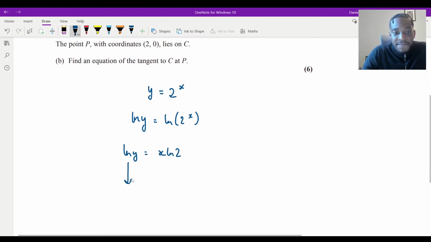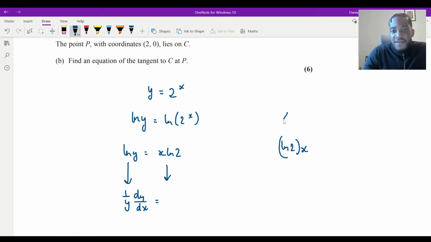So first, if I differentiate that implicitly, I need to differentiate that normally. That's going to be 1 over y, times dy over dx. Remember, you times by dy over dx. And then we're going to get x ln 2 here. No, sorry, we're not, because we need to differentiate that. If I differentiate that with respect to x, ln 2 is a constant times x. If I asked you to differentiate 4x, you would just tell me it's 4, the constant. So this one goes to the constant ln 2. So I'm going to put ln 2 there.